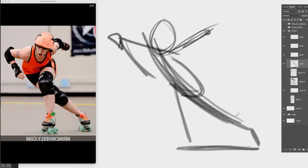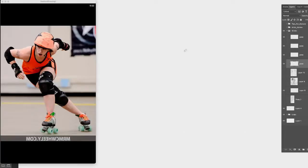Whoever sees this is like, what the hell is this guy drawing? But then there it is. So I love that leg there. It's nice. I love that leg at the back. So much